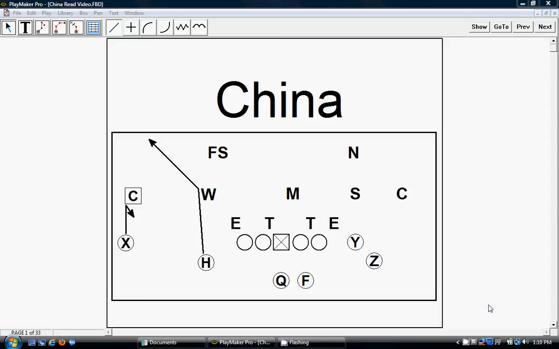Again, this is the third play in our Spanish concept. A lot of people call this play something else. The reason we didn't call this Spanish is when I got this play back in the mid-90s from Mike Riley and Mike Sampson, who were at USC, they called it China. So I called it China from then, and pretty much now this has become the name for Spanish concept. So in our thing, we didn't have a name for the